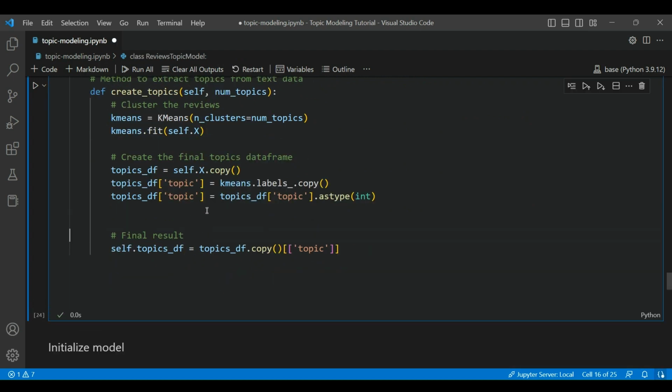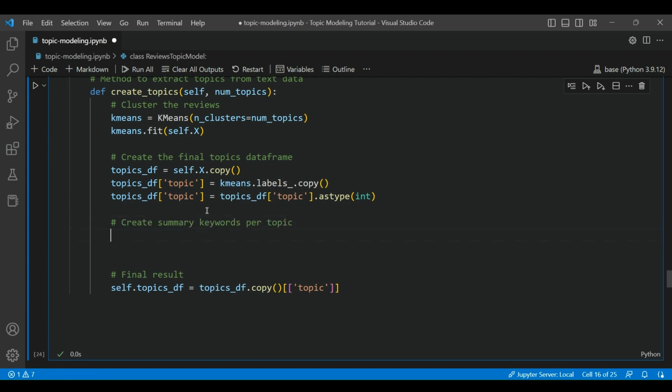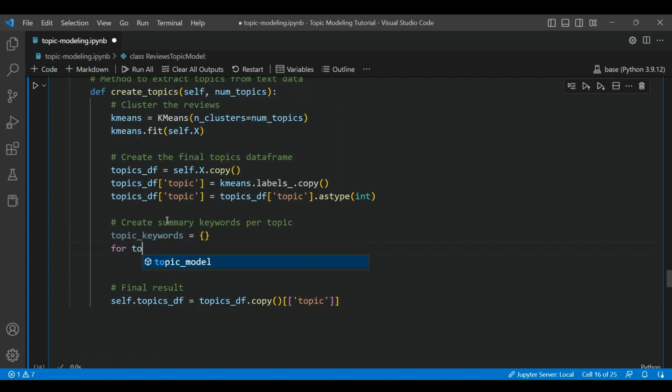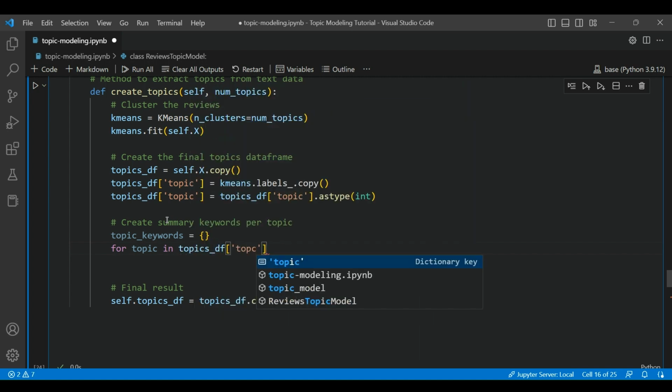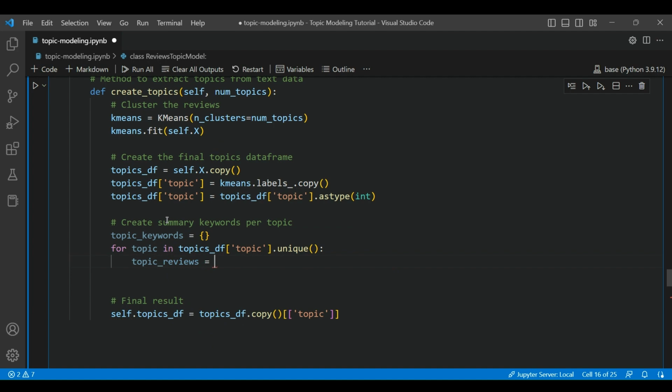So basically, we want to add create summary keywords per topic. We're going to want to do that like this. So topic keywords, and define that as a dictionary. So for topic in topics, topic unique. So for each unique topic, what we're going to want to do is extract the topic reviews, which is